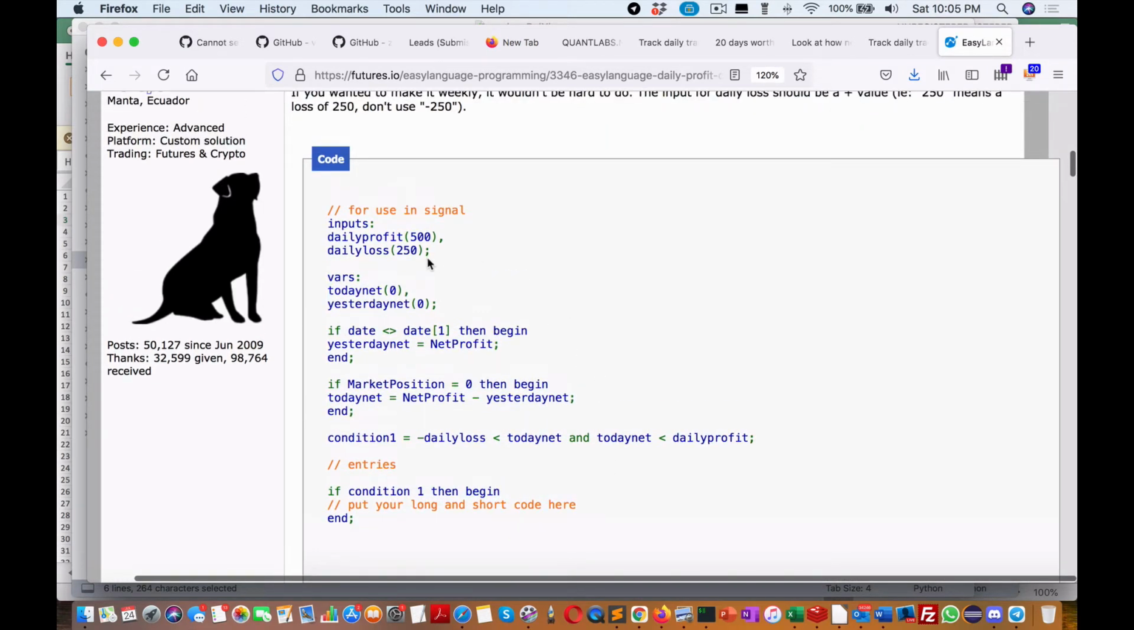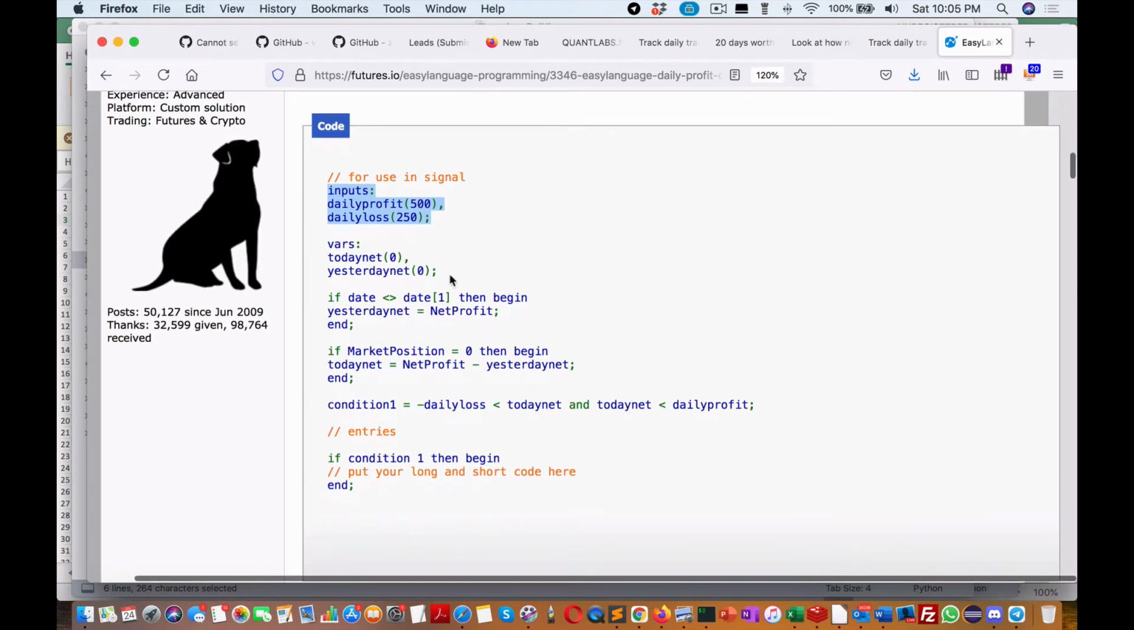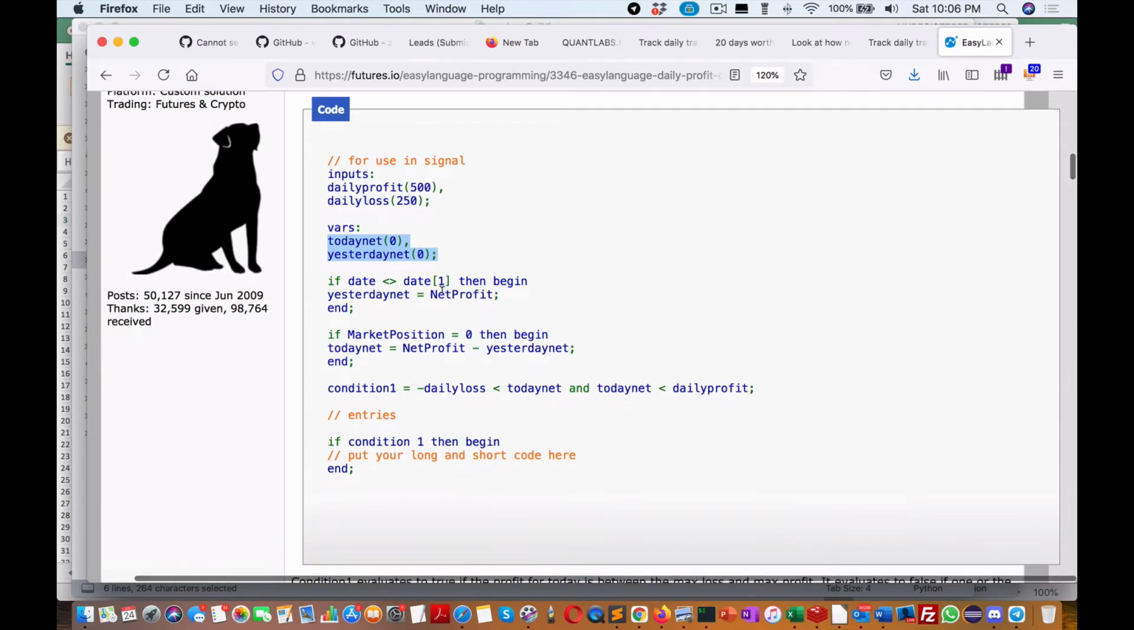This is using hard dollars. This is not using percentage. So depending upon the size of your account, this is what I've come up with. These are your inputs and what you want your daily profit to be. So let's say 500 bucks, 250 bucks. And then what we want to do is get today's profit level and yesterday's profit level. If you're part of my elite program, I'll show you there's a way to calculate that using the exchange